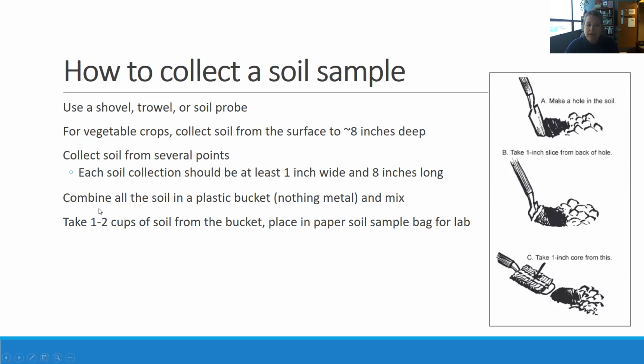For each sample that you plan to submit, you're going to pull probably 8 to 10 soil cores or trowelfuls, and you're going to combine all that and mix them really well in a bucket with your hand. Don't use a metal bucket. And then you're going to take 1 to 2 cups of soil from the bucket and put it in that sample bag you've got. Submitting more is not going to help. So I suggest just combining that really, really well and filling it up to that fill line. The lab will not use any more than what they say they're going to use. So even if you filled that bag up completely, they would just discard it. So make sure to mix your subsamples really well.